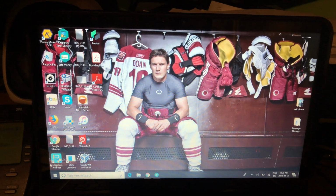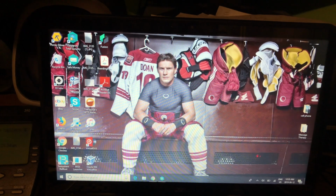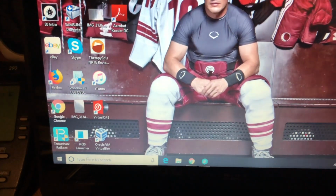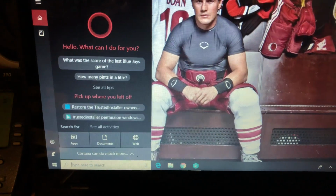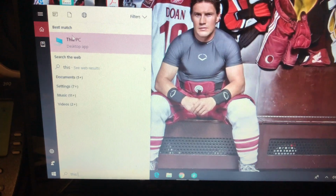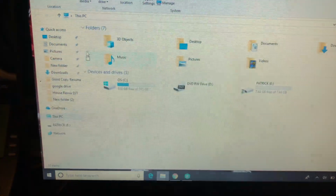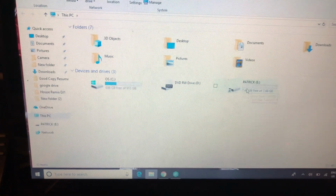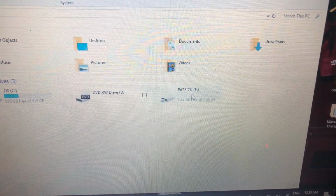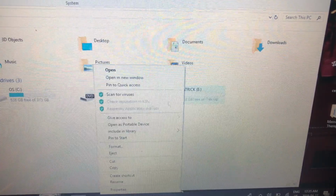Today I'm going to be showing you guys how to format your USB. Alright, let's get started. So first you're going to want to type in This PC and then click that, and then you're going to want to find your USB. My USB is right here. You're going to hit